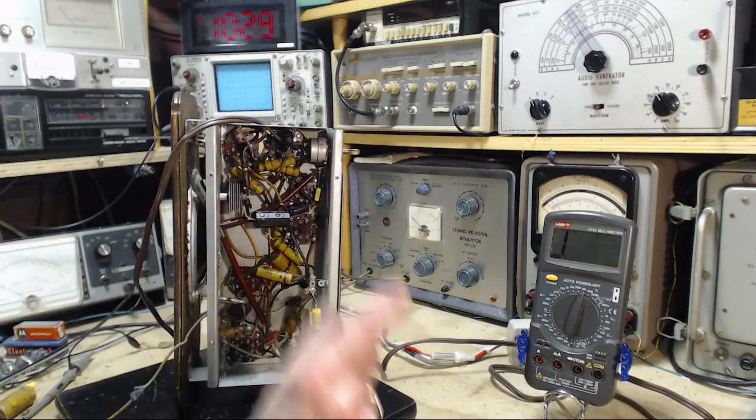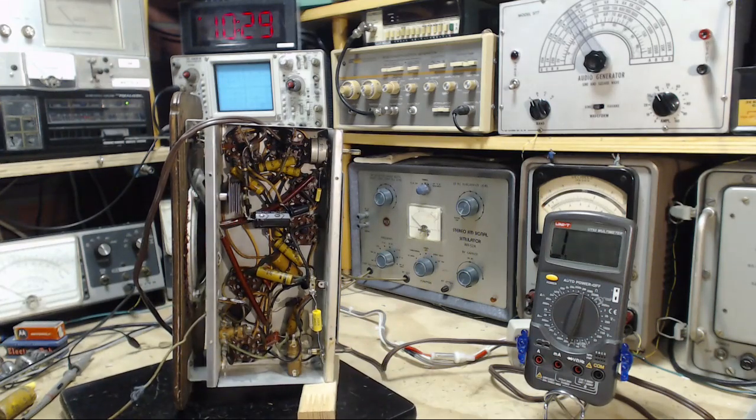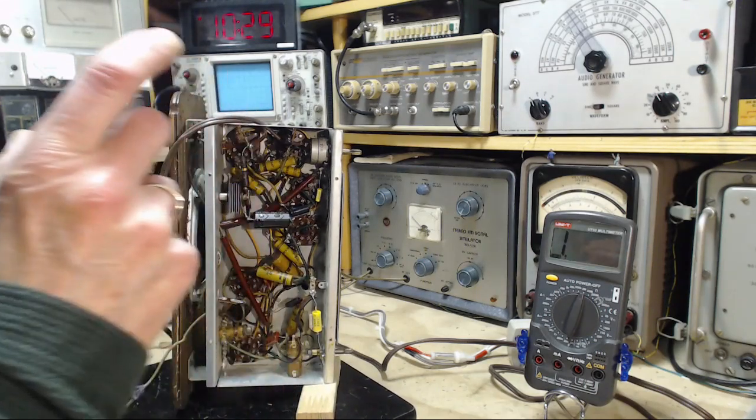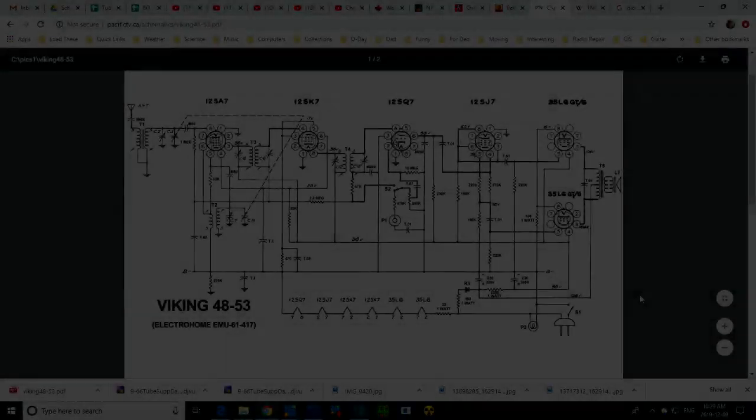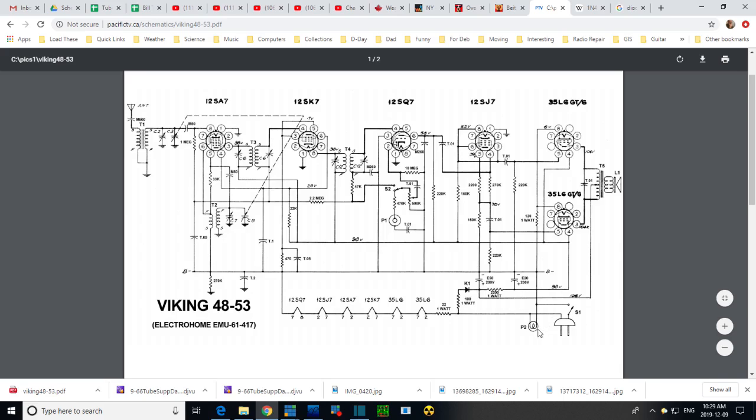Sometimes there's a capacitor right across the power line. Hey, let's look for one like that. If we can find a capacitor right across the power line, we should change that one too. Let's take a look at the schematic. I kind of forgot to look for this. So here's the power line. Let's look at one side. Here's one side of the power line